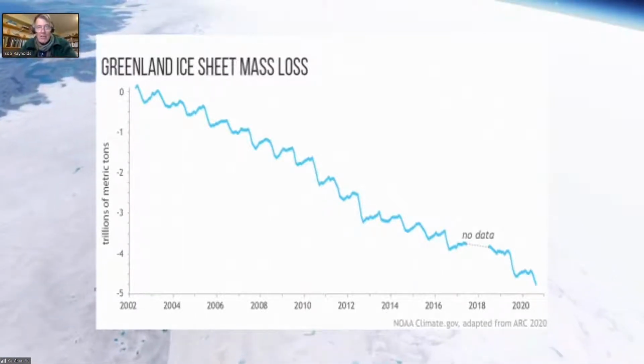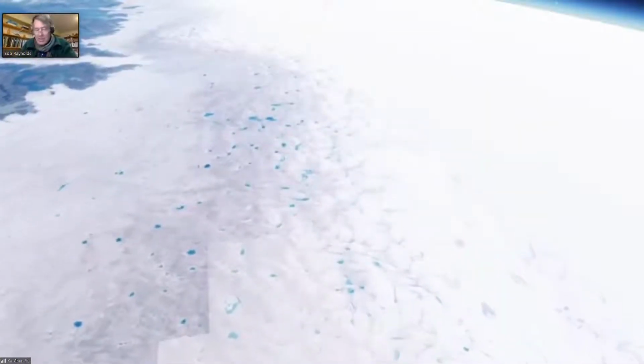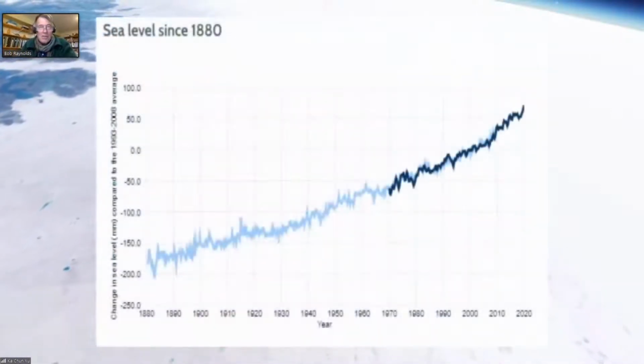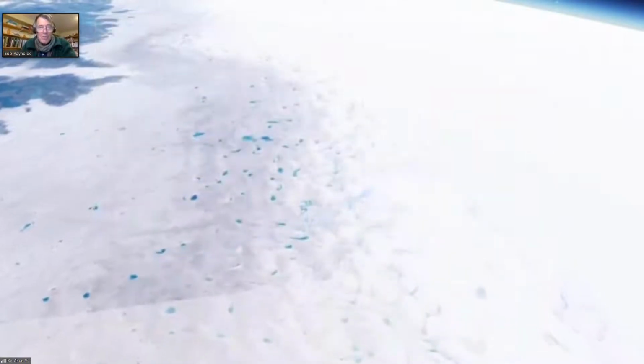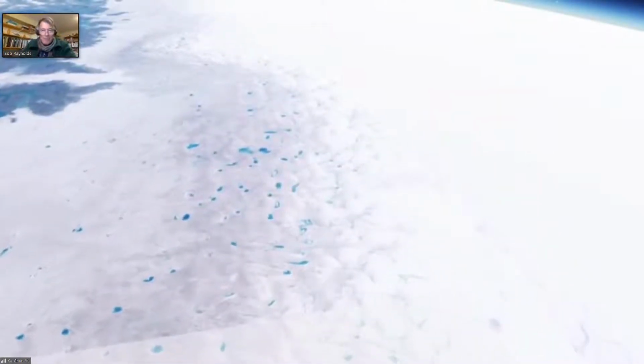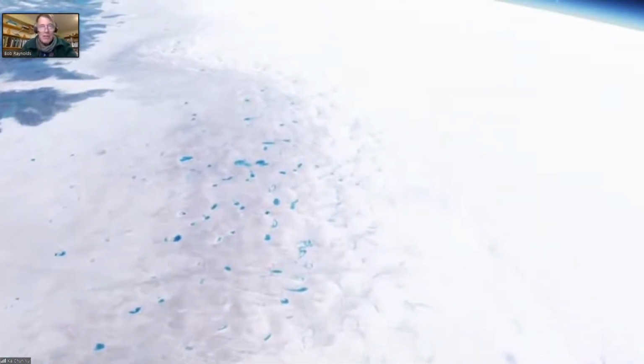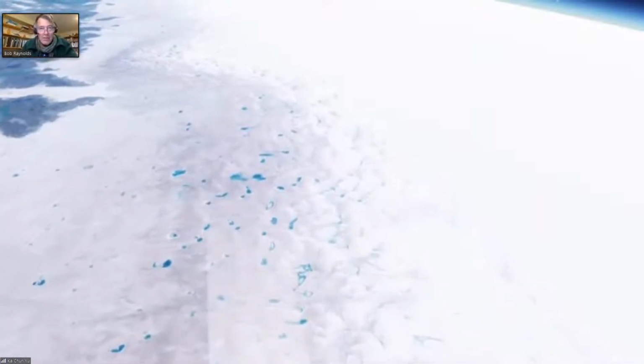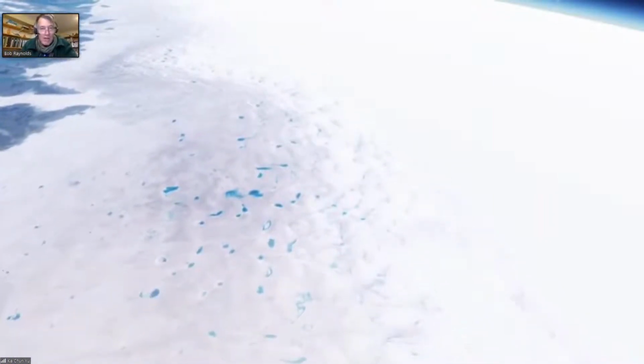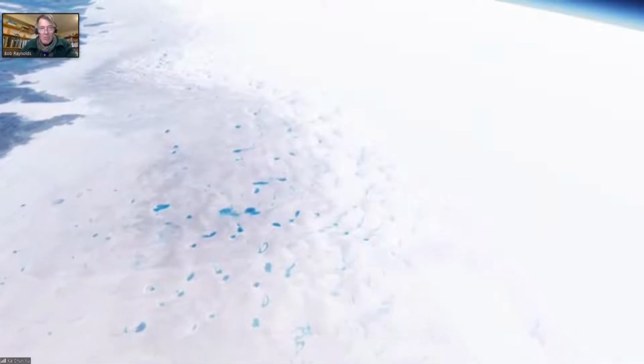Now, the ice in Greenland flows directly into the sea. As you know, you can see the meltwater there on the image just behind us. And those are melt ponds on the surface of Greenland. And occasionally they develop fissures, and the water drains out of those melt ponds, goes down to the bottom of